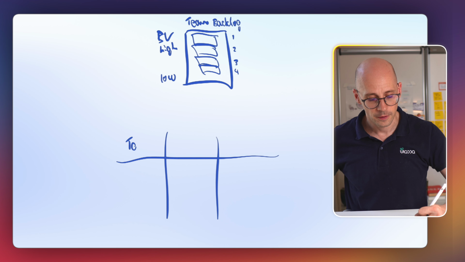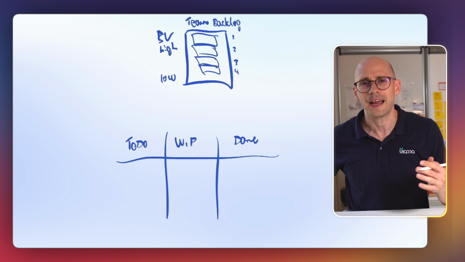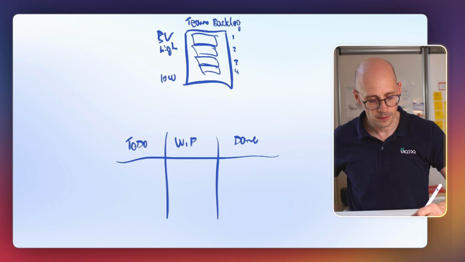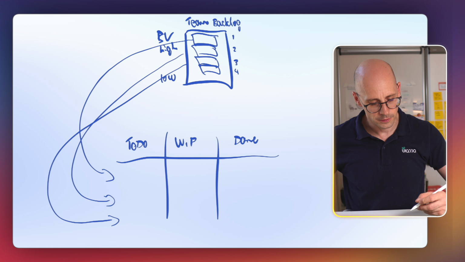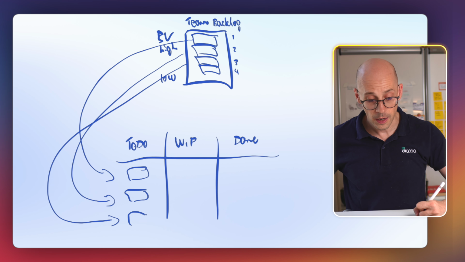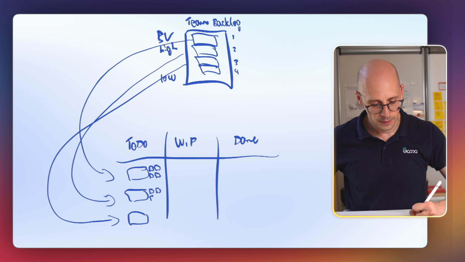They pull in from the top, into a work backlog, the highest priority features. And if they want, they can plan small tasks, tiny bits of work they have to accomplish to finish